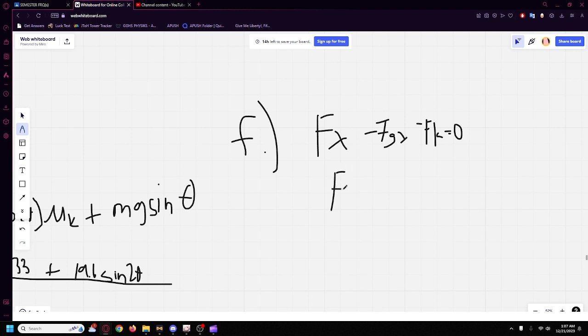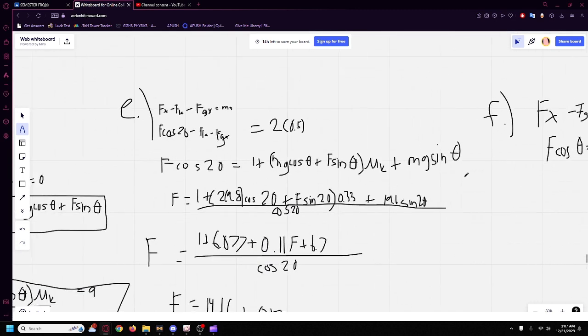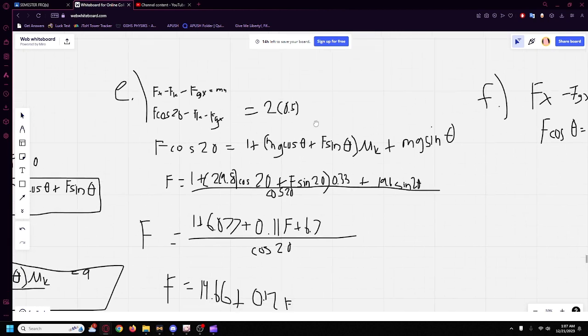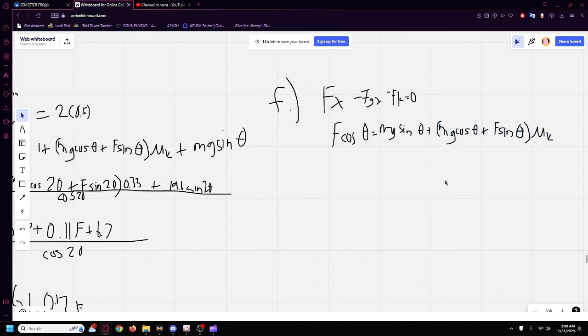So F cosine theta minus, well, F cosine theta is equal to mg sine theta plus this, you divide by cosine. So F cosine theta